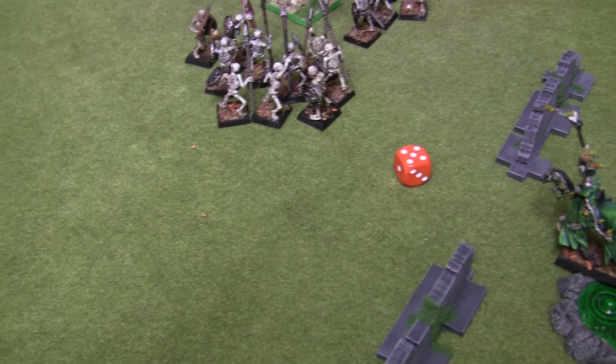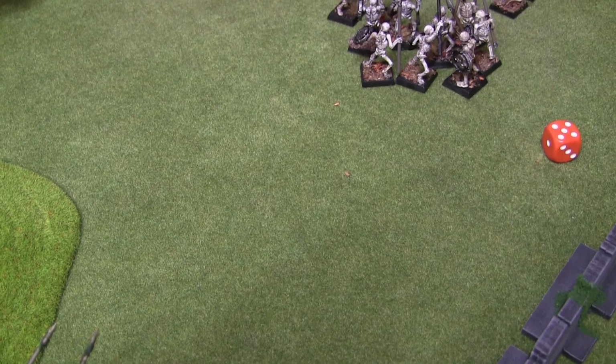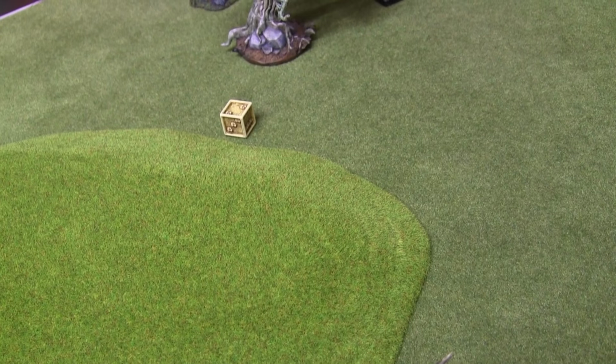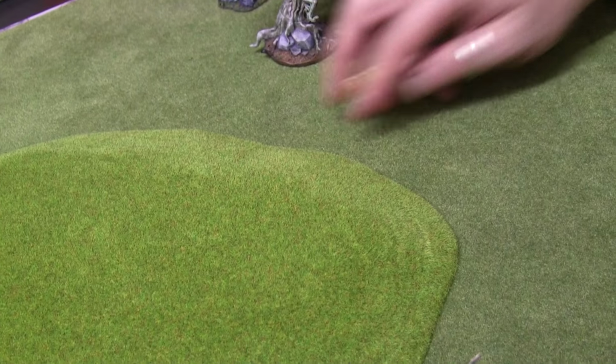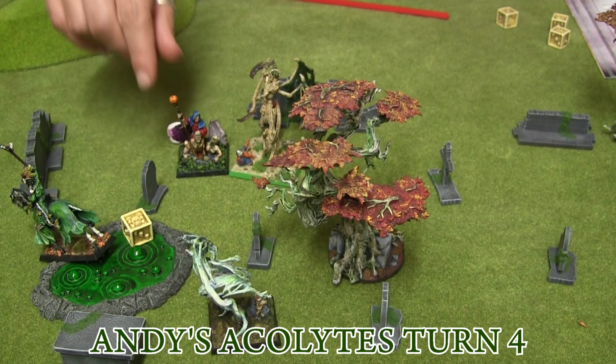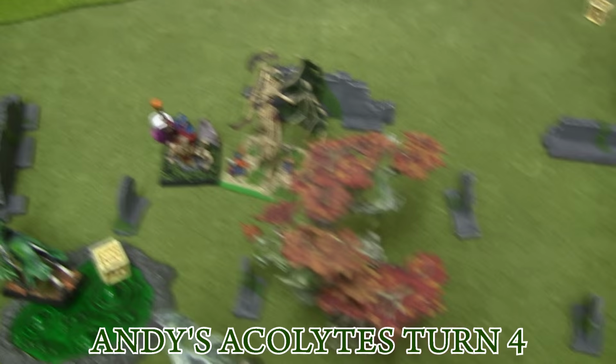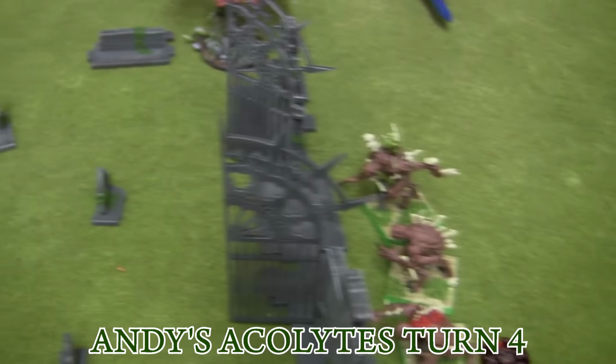It's a 5. That's a 6, a 6, a 6, and a 5 you've rolled. I think Remington! It's only a 2. So it's going to be Andy's Acolytes going first again. Andy's Acolytes turn 4. And as you can see, the Vargulf has made the voyage from over here, flew into